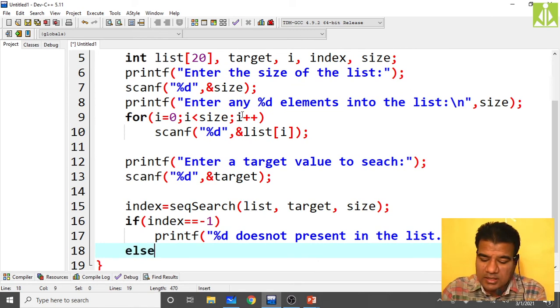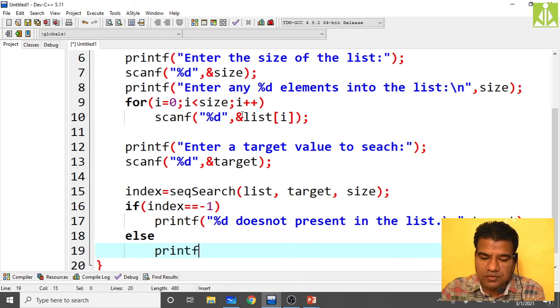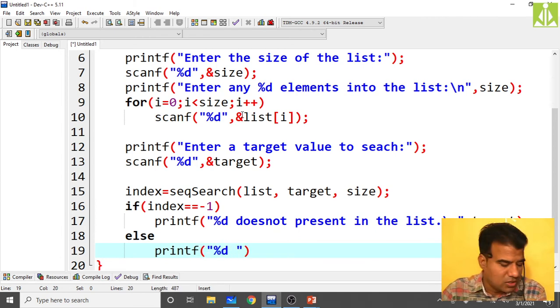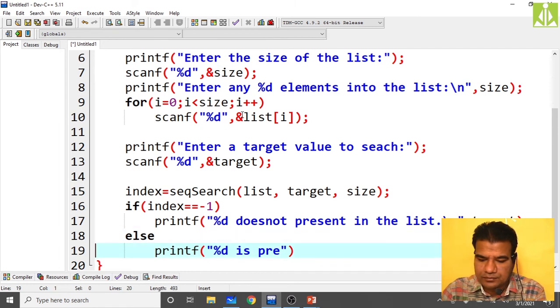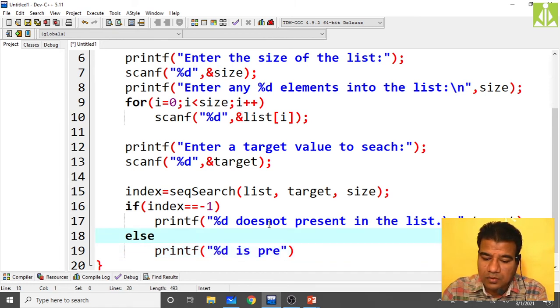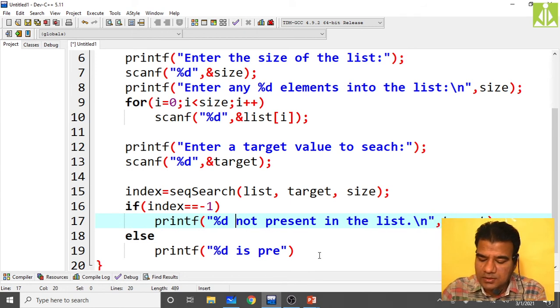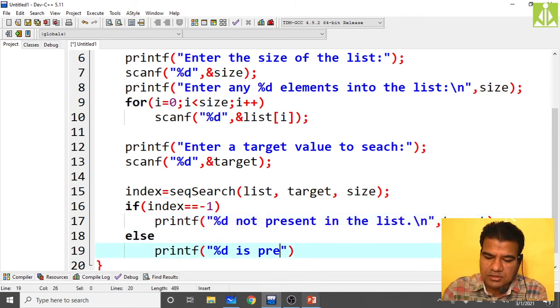Then else, print the positive case, that is target found. Percentile d is present in the list.